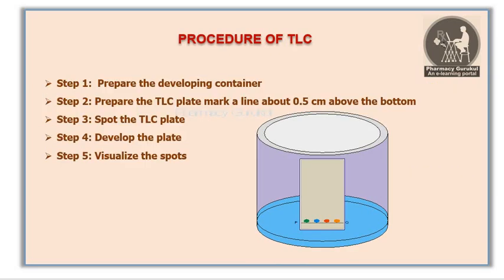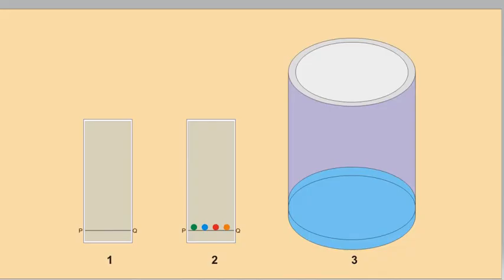Procedure and steps involved to run the TLC. The very first step is to make a thin line mark at the bottom of the plate with a pencil to apply the sample spots. The distance of the line should be around half a centimeter above the bottom of the plate. Then apply the sample solution on the spots marked on the line, and make sure that the spots have uniform distance to each other. After that, the mobile phase solvent is poured into the TLC chamber up to 5 mm depth.